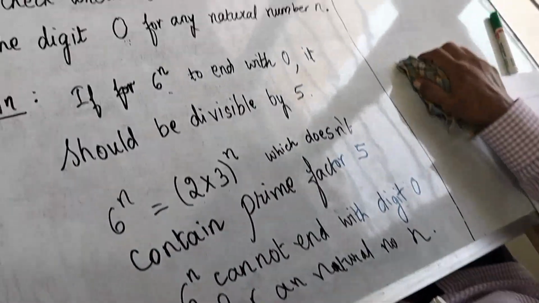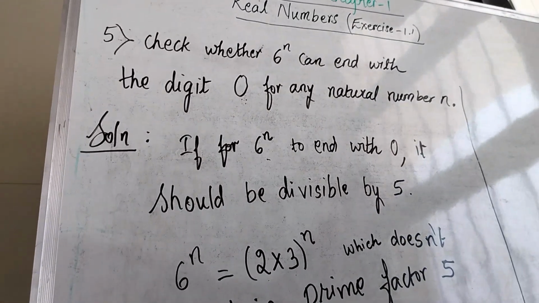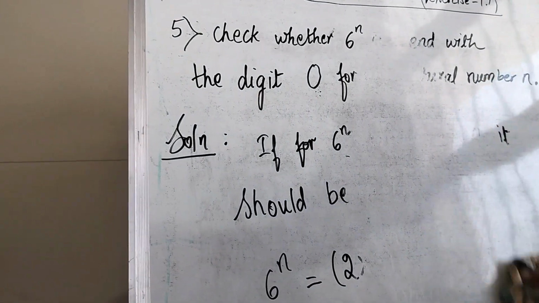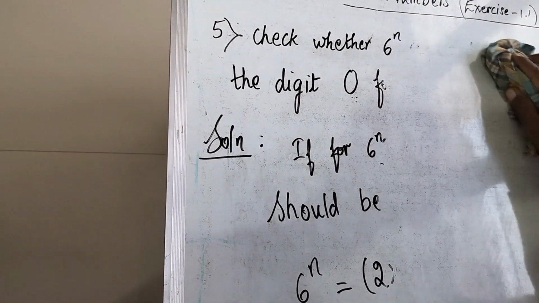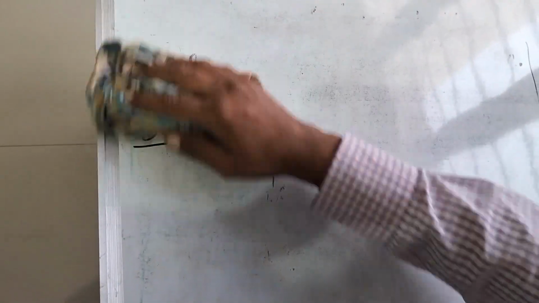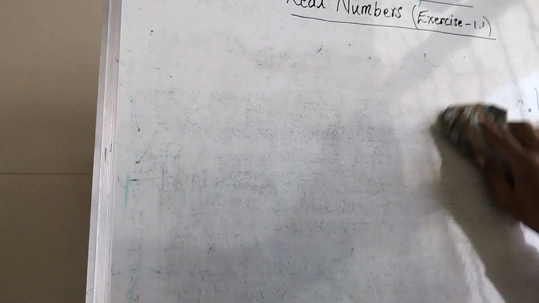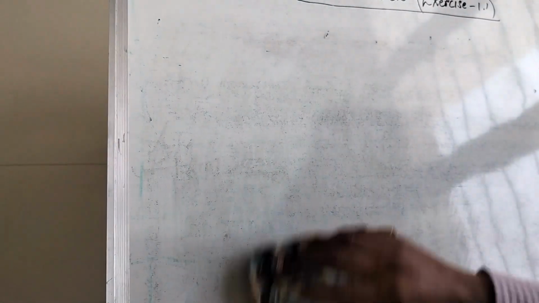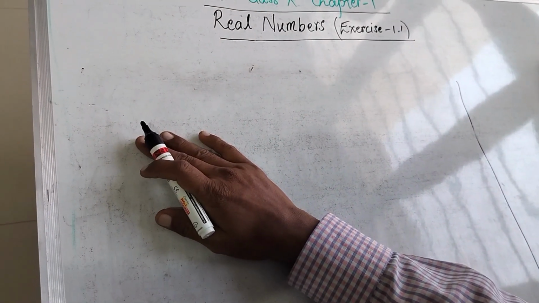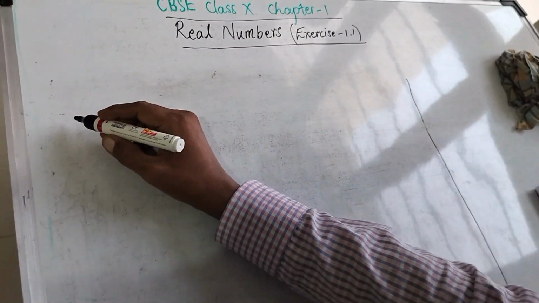Understood? Now the next question we are going to do is about composite numbers. Sixth question दिया हुआ है, explain why the two numbers given are composite numbers. Now for composite numbers, and again we are going to revise prime numbers और composite number. Prime number किसके कहते हैं? जो नंबर अपने आप से और 1 से डिवाइड होता है वो प्राइम नंबर्स होता है, और जो नंबर किसी और नंबर से डिवाइड होता है वो कॉम्पोजिट नंबर होता है.